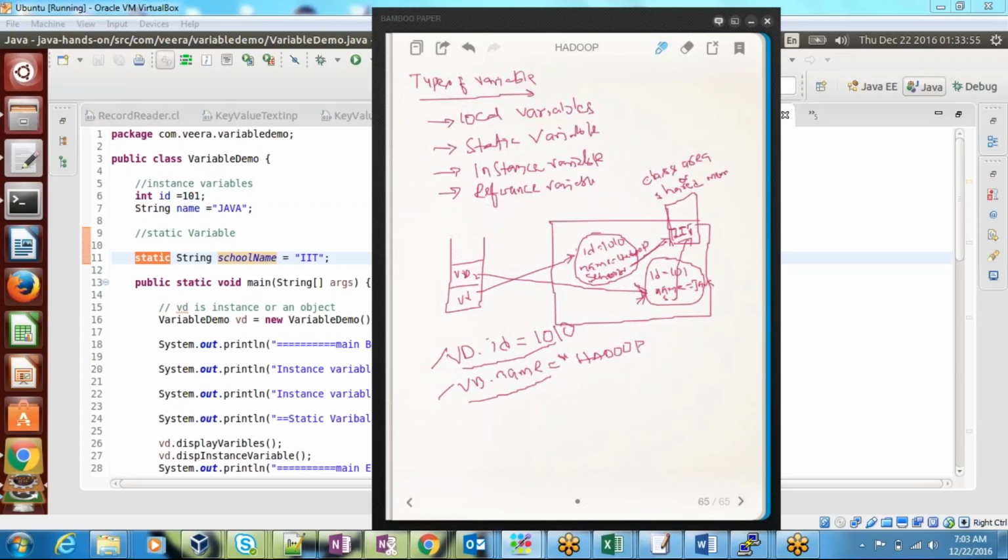Shared memory means this memory is shared with all the objects. But if you take ID and name, they maintain their own memory. Each object maintains its own memory. But static, whatever you keep in static, that memory will be shared with all